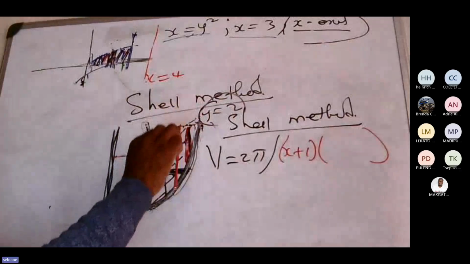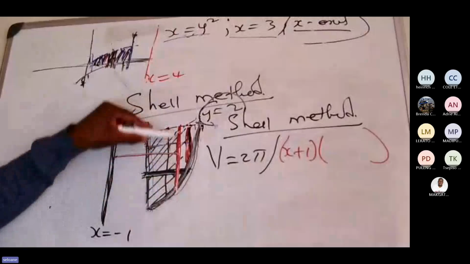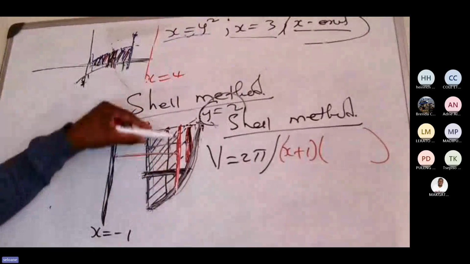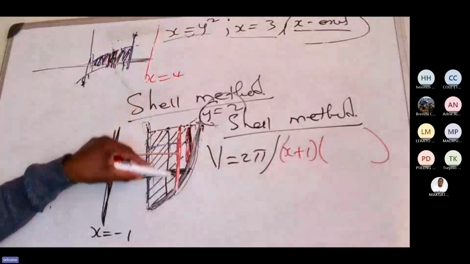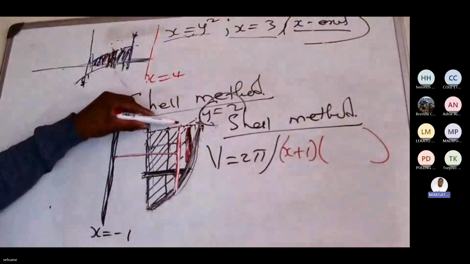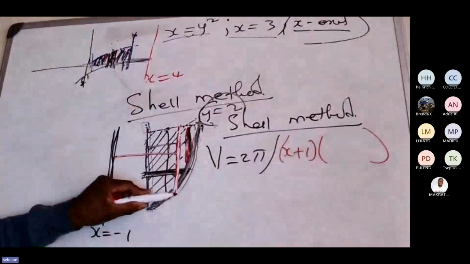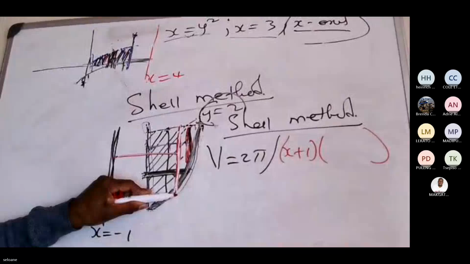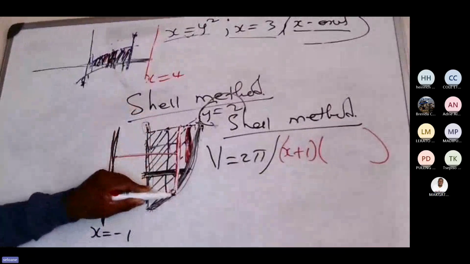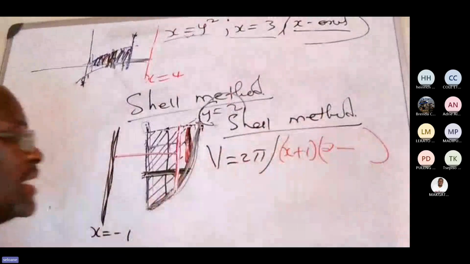Multiplied by the height of this. The height of this. And it's not perpendicular, it's a vertical height, from here up to here. Y here is 2, up to y on this graph. It will be y on this graph, which is 2, minus y on this graph. Therefore, it will be 2 minus